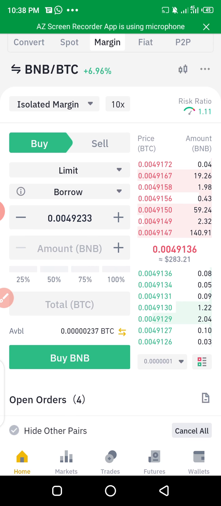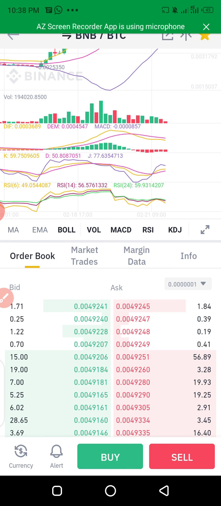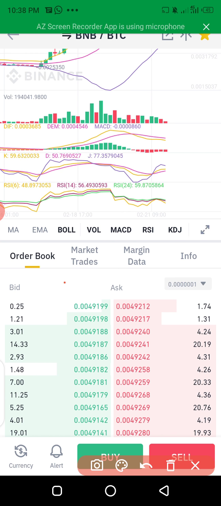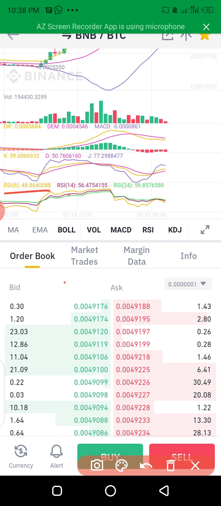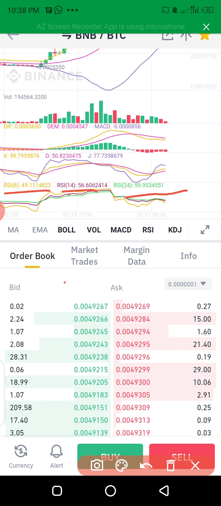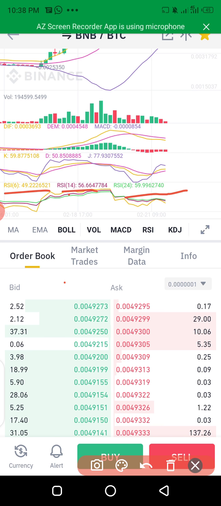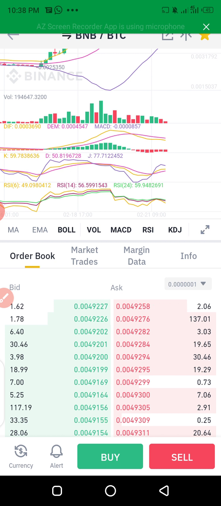So relative strength index, as you already know from the previous article that I sent, signals when the market is overbought or oversold. When the relative strength index is above 70, these are the relative strength index readings. This is the relative strength index of 6, of 14, of 24. These are the readings. So when it is above 70, it signals that the market is overbought,